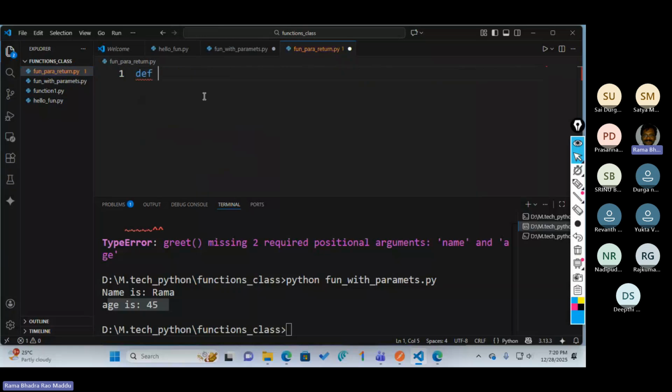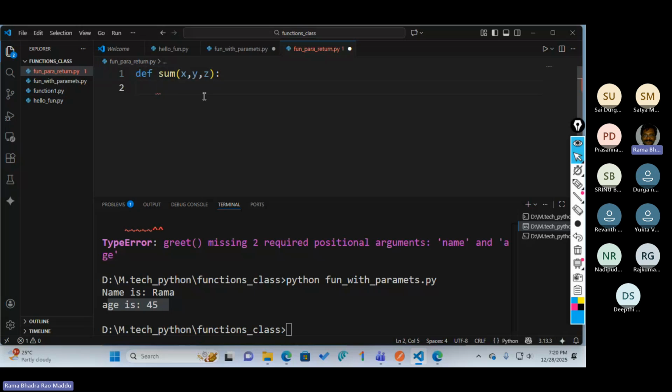For example, def is the reserved word. It is mandatory for every function. And the function name is, for example, sum. I'm taking x comma y comma z, so three arguments. The colon is the beginning of the function. Indentation indirectly tells that it is the first line of the function.